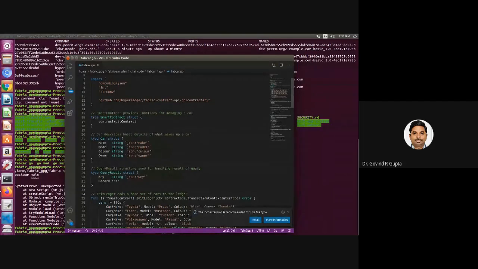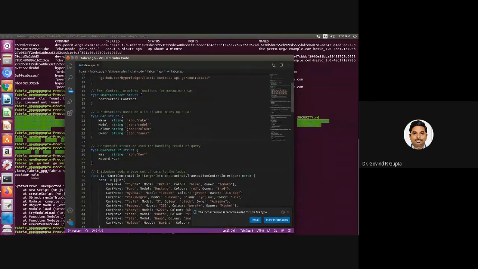This information is stored in a structured variable. Then, in order to store the results of queries, which may be structured or unstructured data, Fabric adopted JSON.